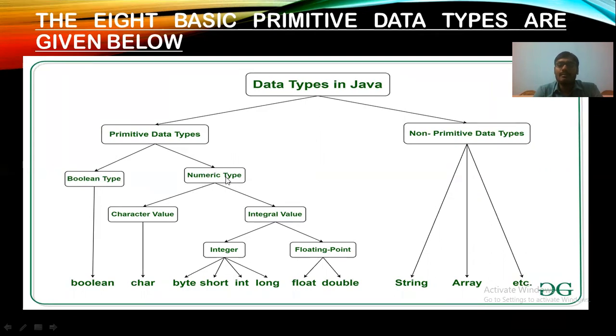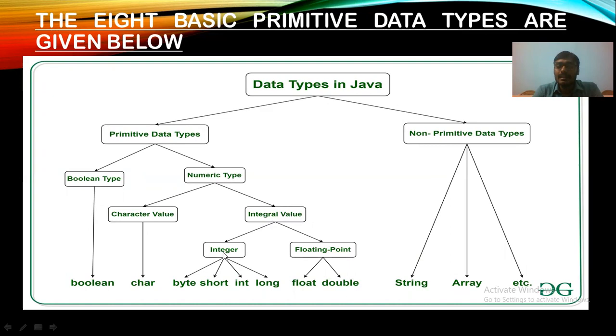Character value means it will store only one character. And integral value means it will store digits. For character value it is char, and integral value is again divided into integer and floating point. Integer is for storing integer values and floating point is used for storing decimal values.